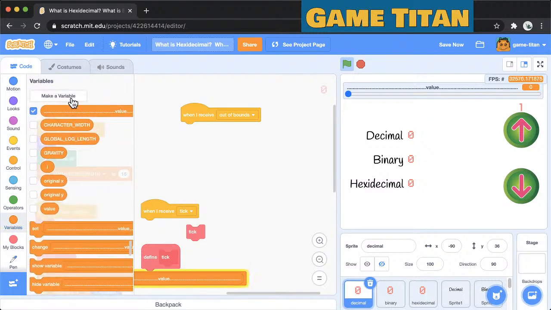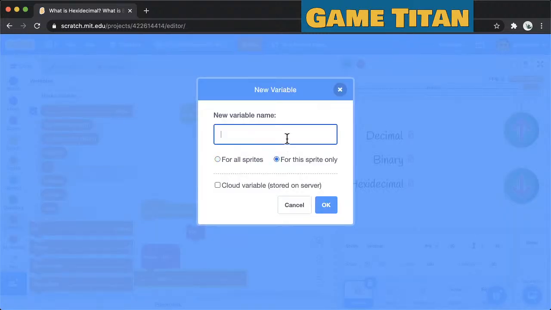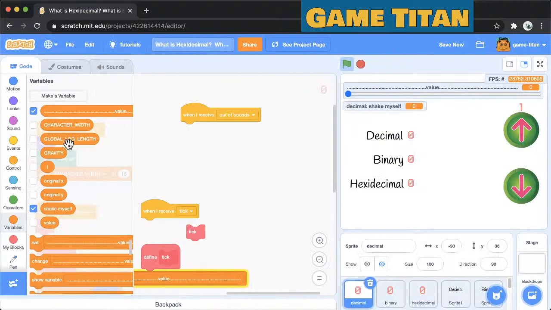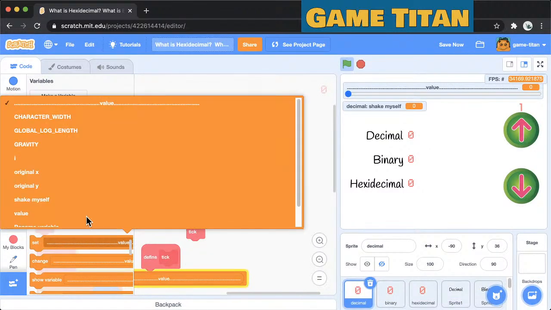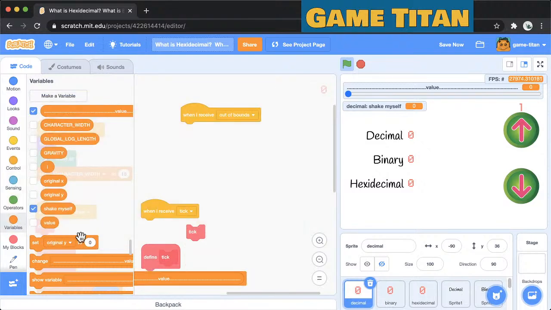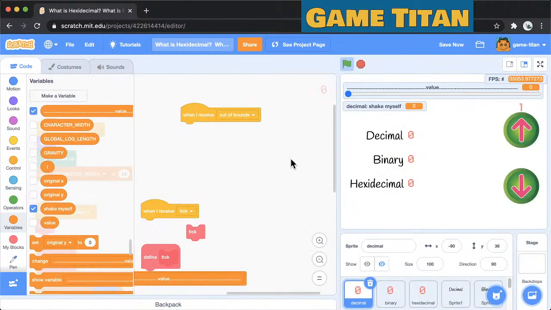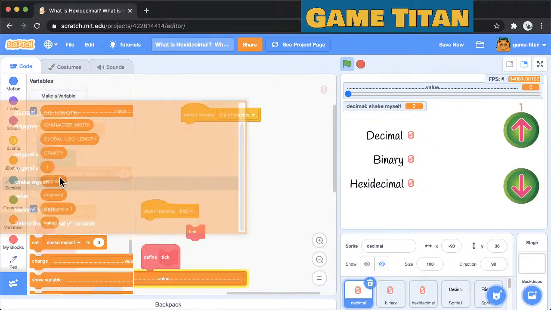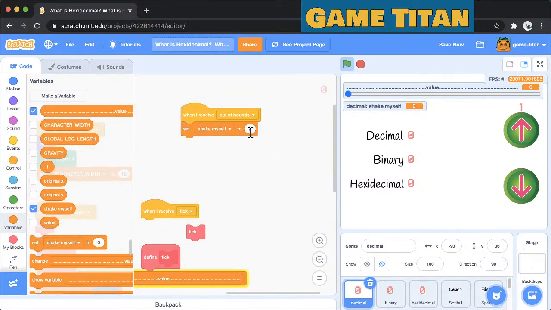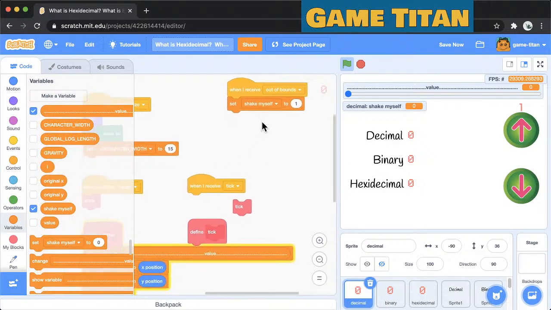So the local variable will be shake myself, and it'll set shake myself to be 1,